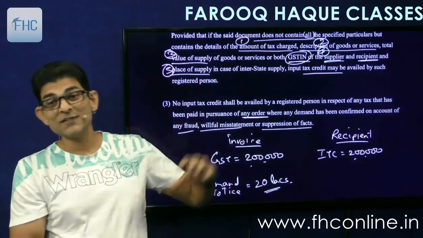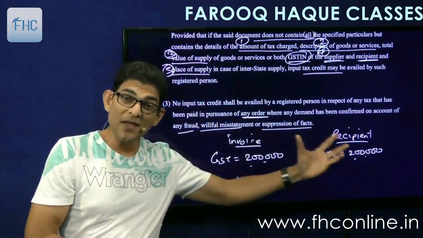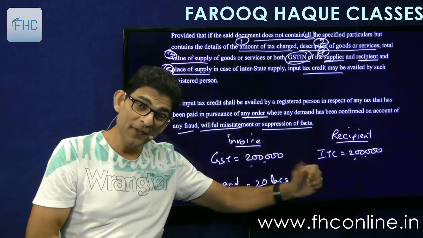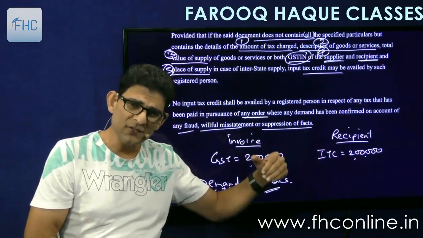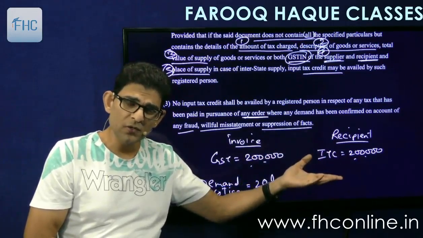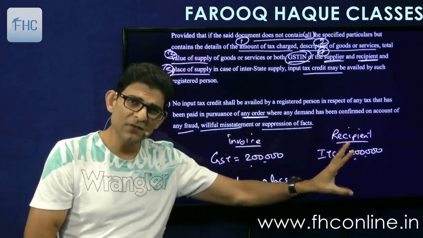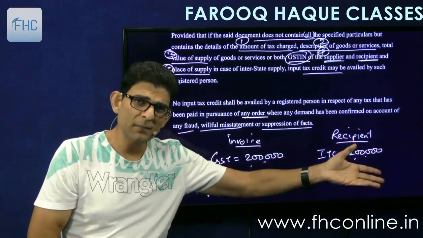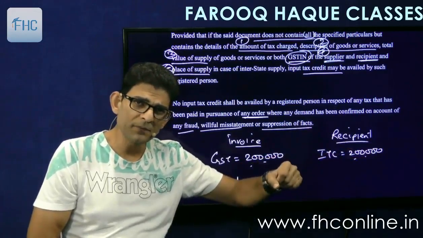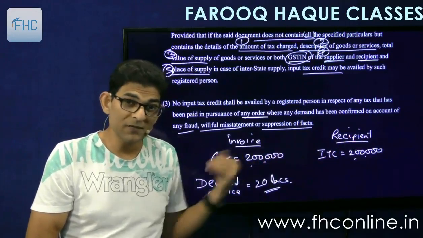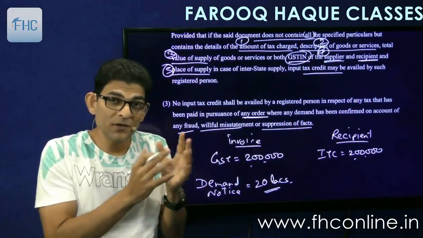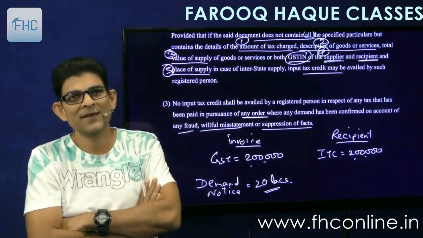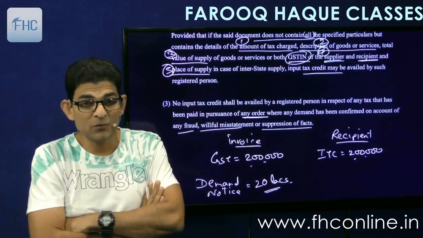Now the question arises, can he pass on that 20 lakh to the recipient, and can the recipient take credit of that amount? He will tell the recipient, now pay me 20 lakhs, I'll give you a debit note and you can take the credit. So you are not going to incur any expense, you pay me 20 lakh and you save your 20 lakh by setting off against your output liability. So the recipient is not at a loss, but the supplier will gain his 20 lakhs. So 20 lakh will go in the system and get passed on to the consumer. So can this be done is the main question.